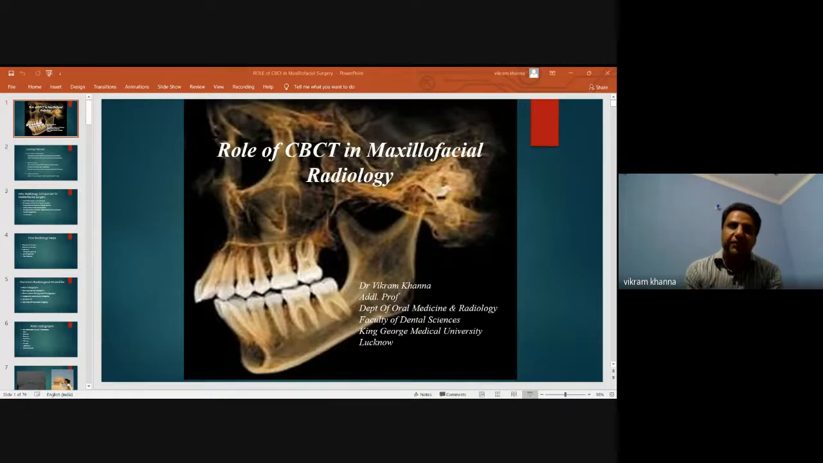Definitely, implant placement is now the newer technique of replacing missing teeth, and it is definitely a better option than the traditional methods. Also, it has been useful for TMJ disorders. So, how does radiology help in it? Definitely helps in diagnosis of